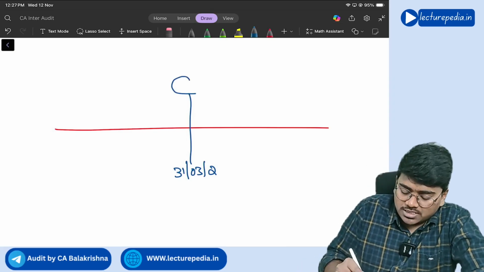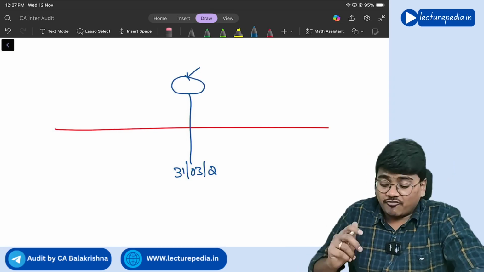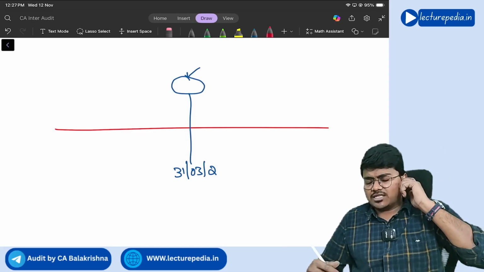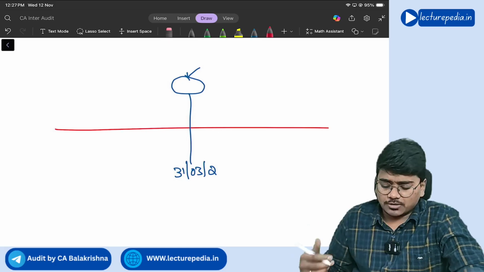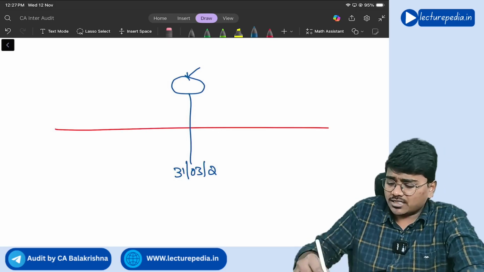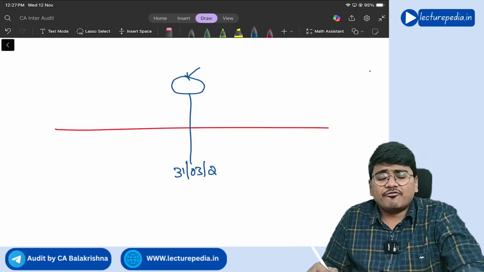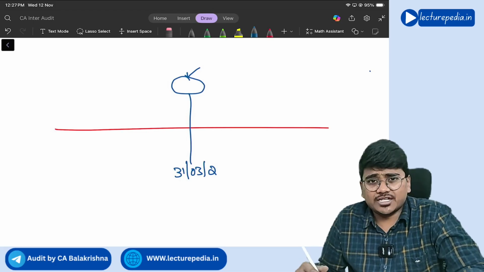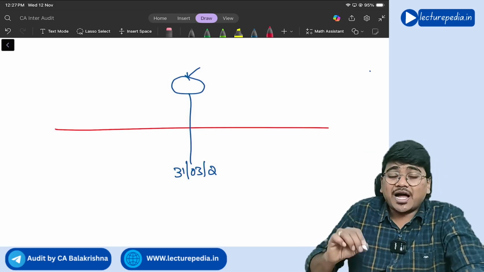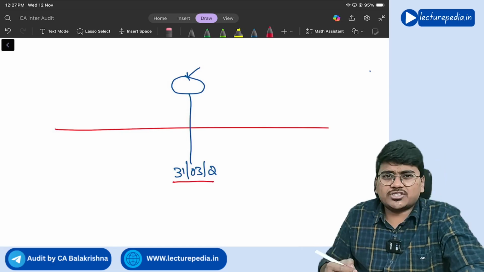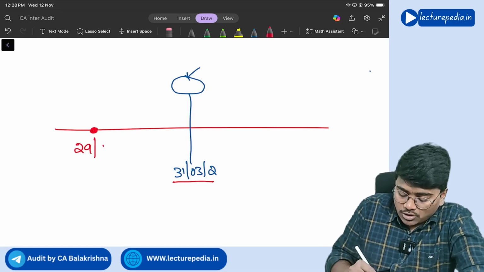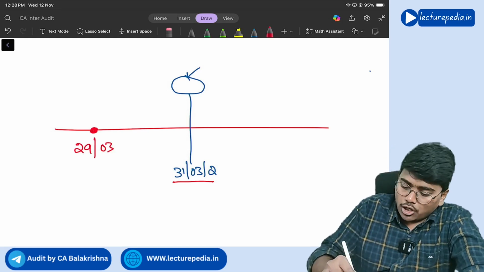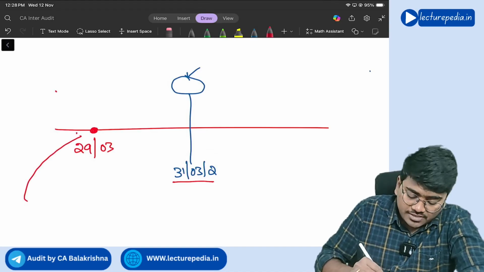So as on this date, how much inventory is there? For that you need the audit evidence. Now, auditor, let's say for example, management have conducted physical inventory verification on some other date apart from 31st March. Understanding? So they have conducted physical inventory verification on 29th of March only, and the auditor has attended this physical inventory